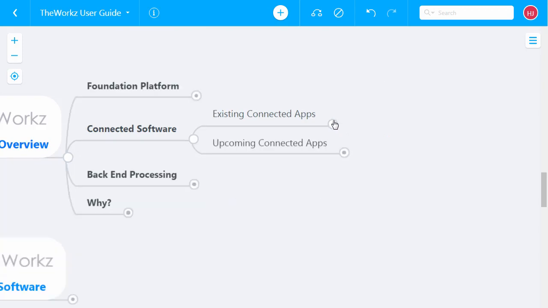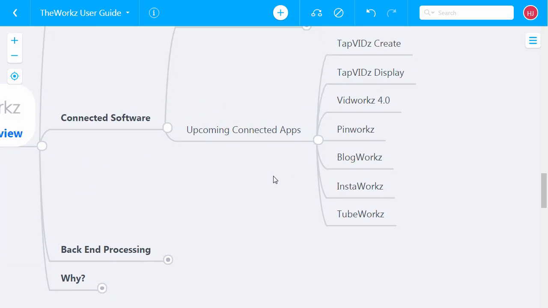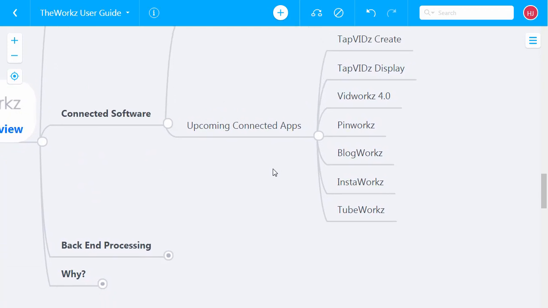Now, the upcoming connected apps, these are ones that I'm working on now and that will soon be available to you in TheWorkz. You've already got TapVids Uplink, which is a very cool video syndication system, but along with that, you're going to have TapVids Create, which is an easy video maker. TapVids Display, which is a video player.